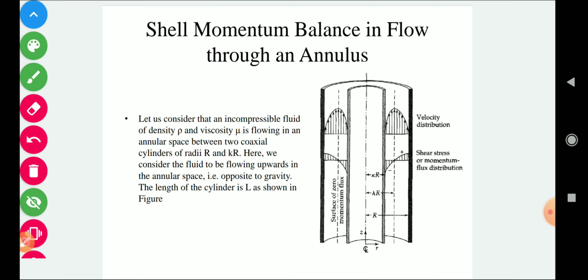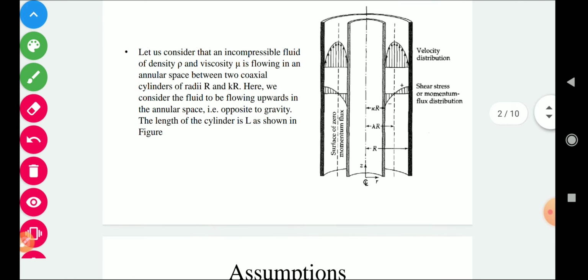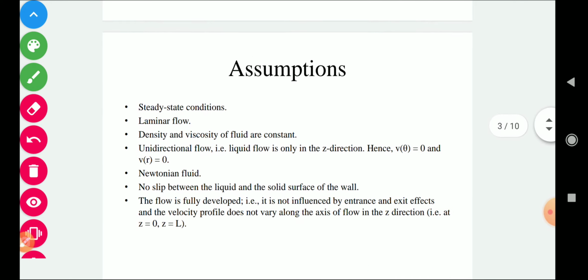Now to make a momentum balance on this annulus, let us consider a control volume which has a thickness of delta r and which is at a distance of small r from the center, and the length of the control volume is the length of the cylinder, L. So if we apply a momentum balance on this control volume, before making the momentum balance we have to make several